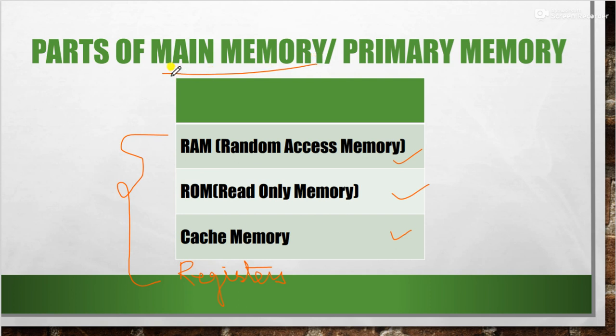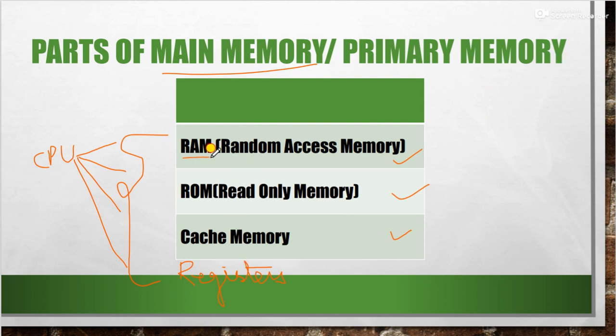Now what is the property of main memory? Whenever CPU needs any data, CPU will always interact directly with the main memory. Means CPU will take information from any of these main memories, and then these main memories will in turn take the information from any of the secondary memory. So this is how the communication goes on. Okay, now in main memory, as I said, we have all these four varieties.